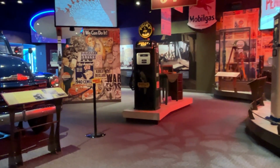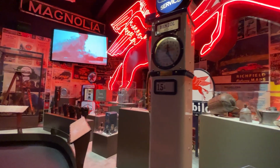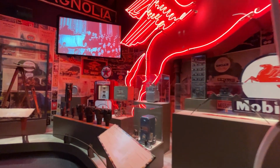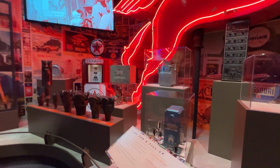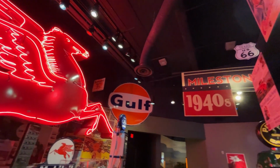As we entered this area, the colorful neon displays were eye-catching and very nostalgic. This room celebrates the growth of America's petroleum industry with icons like Midland's own Pegasus, drill bits, and beautifully restored gas pumps